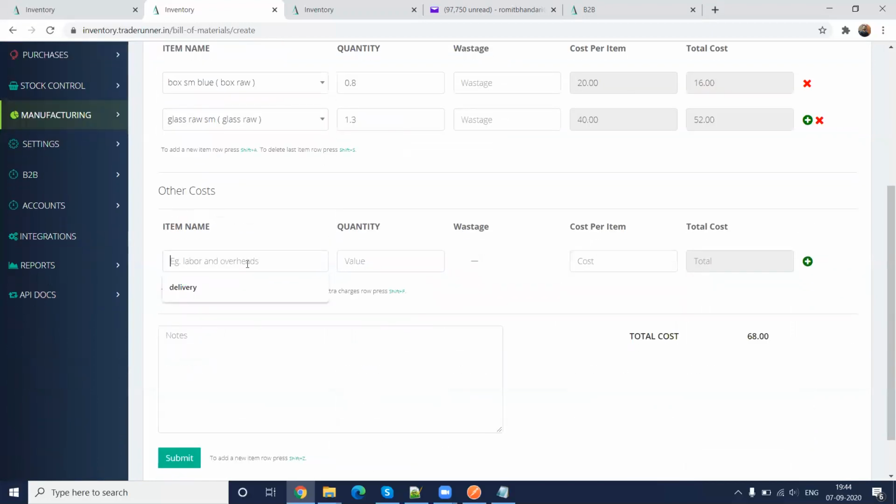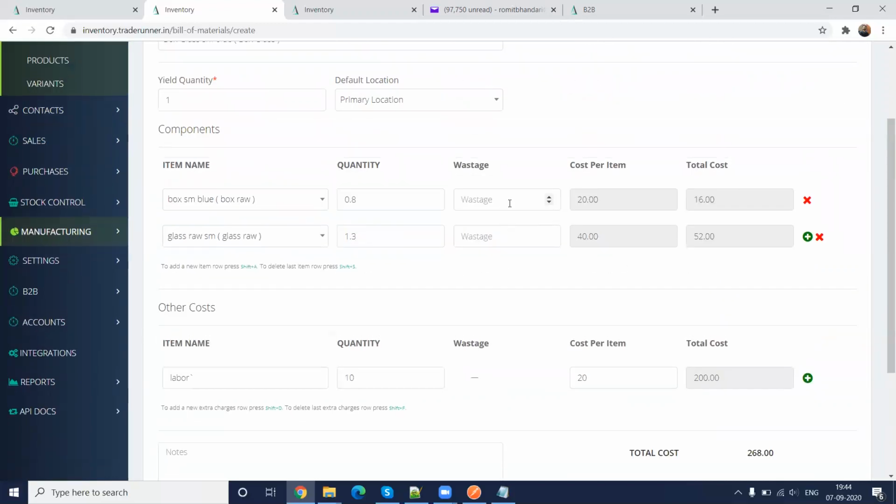And there could be other costs like labor and overheads, which right now I am going to give one. Wastage, let's say wastage is 0.5 here, and wastage is 0.2, 0.1.